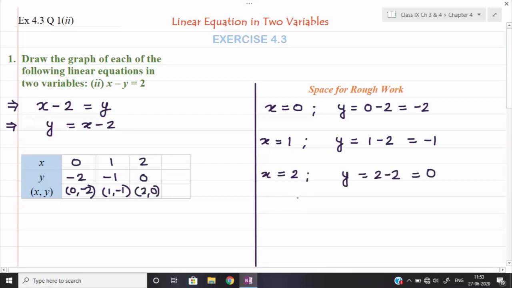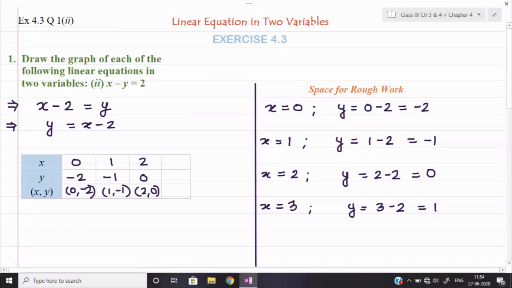Last one we can take some other value. Last time I have taken the value of x is equal to minus 1. You can also take minus 1. And if you don't prefer the negative value, you can take 3. In that case, it will come 1. So suppose I take 3 only for the easiness of the question, then I will take the value of x is equal to 3. In that case, what is the value of y? Y will be equal to 3 minus 2, so it will become 1. The fourth coordinate I am just taking as an additional one, but you still require a minimum of 3 coordinates to plot your graph onto the graph paper.